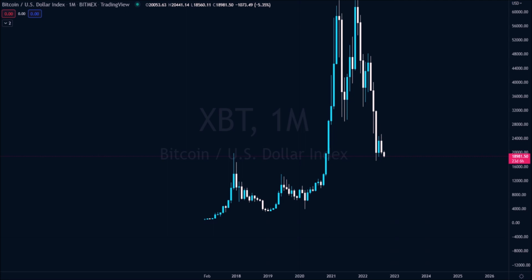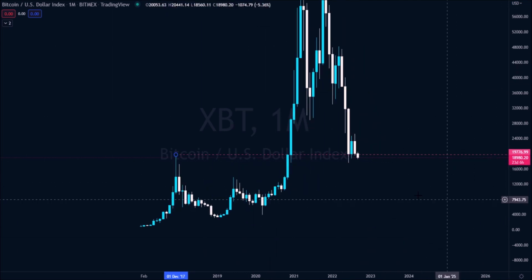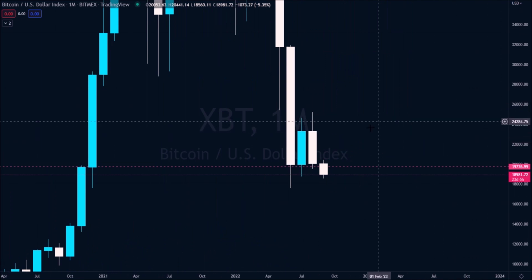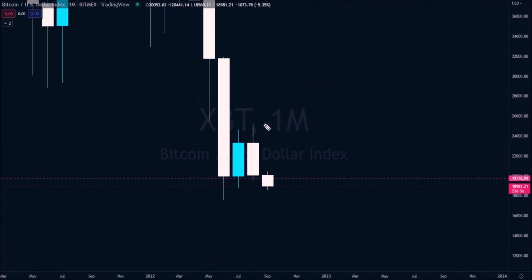Right, on the monthly chart, let's put on a few levels that are relevant. This is a huge level, obviously. Let's come down and take a look at what is happening. We have taken this monthly high and sold off, and now we've taken the monthly low. Whether we bounce here or not remains to be seen, but we are sitting at that higher time frame